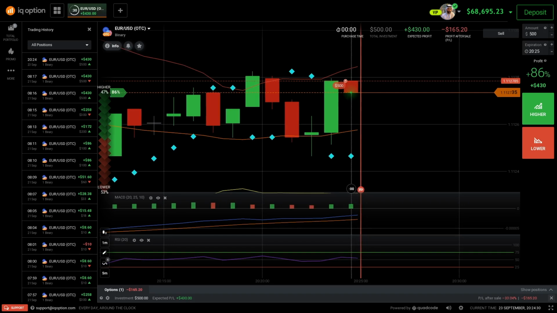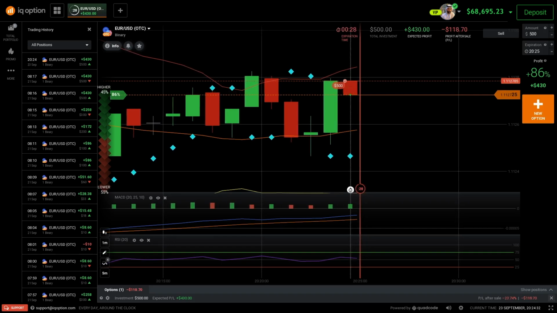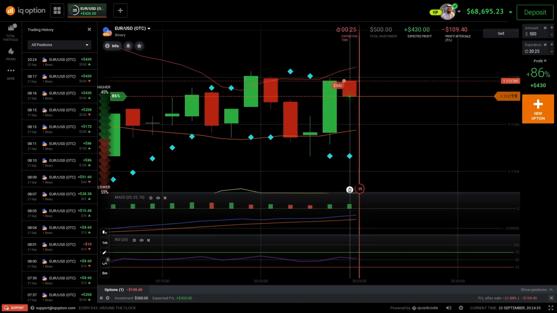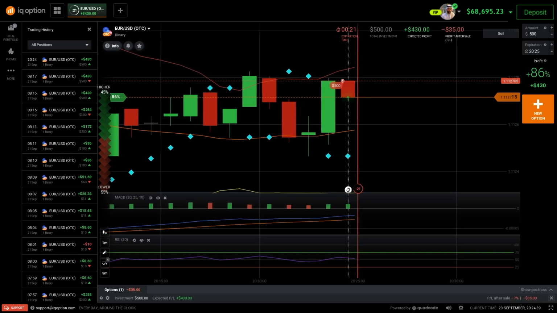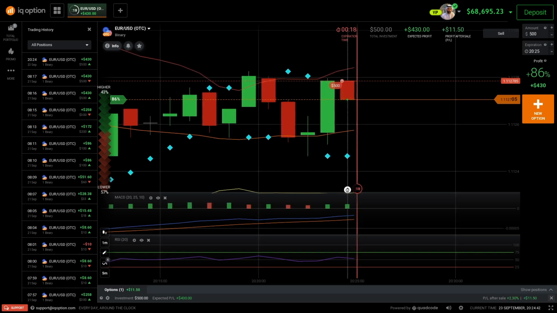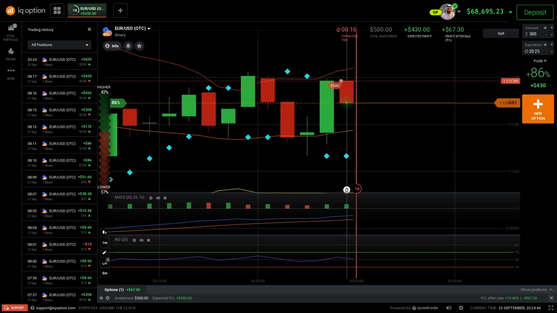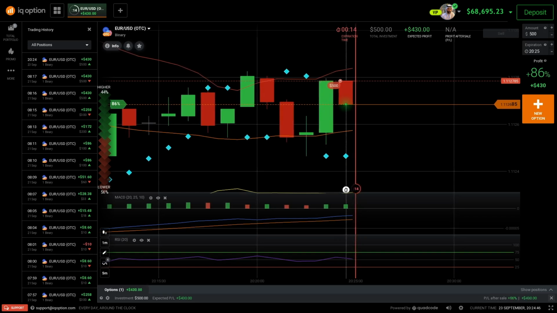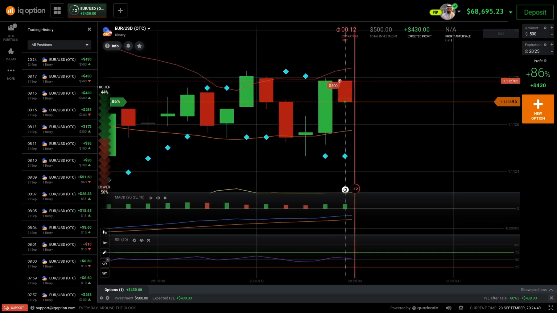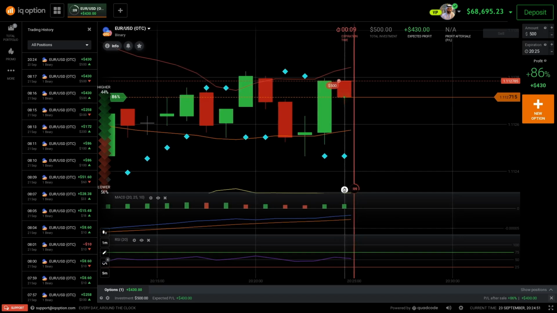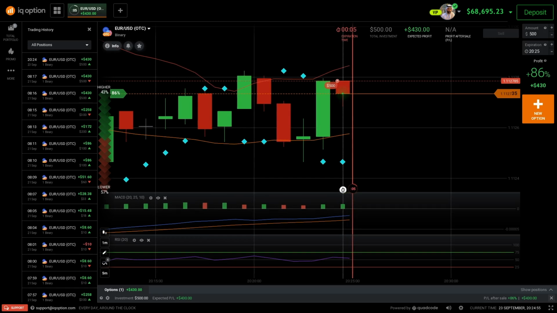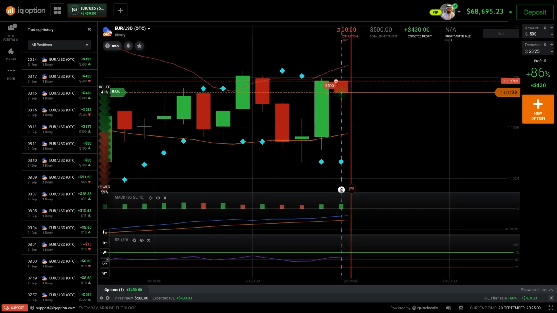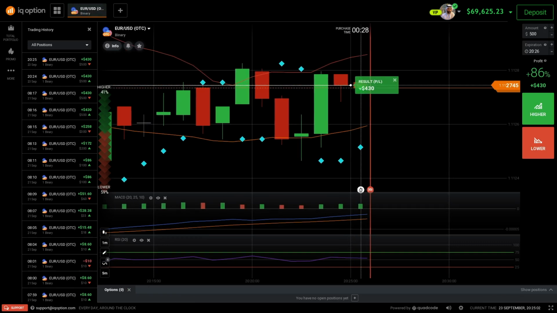So please don't do the same if you don't have a solid trading strategy. Growing a small capital account through day trading, particularly in binary options, as you can see I'm trading binary options here, requires a well thought out approach, discipline, and a very careful risk management plan. Yeah, second win.